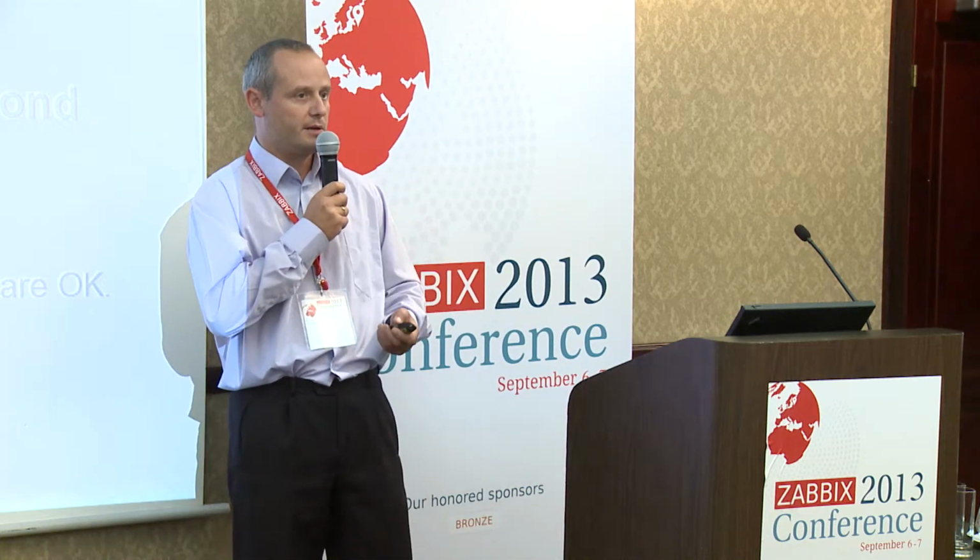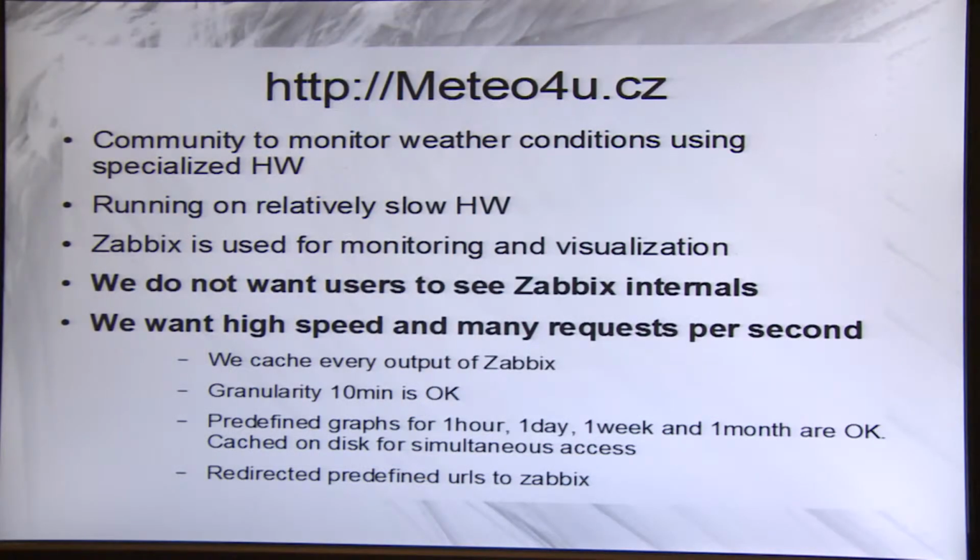But it doesn't work like monitoring, it works like a community, so we don't want to bring the users to the internals of Zabbix. We need only to say, okay, it's nice weather, it's 25 degrees, or to see some graph,